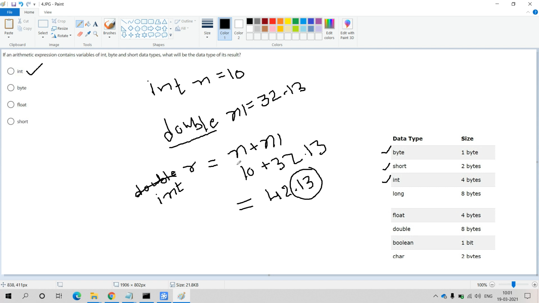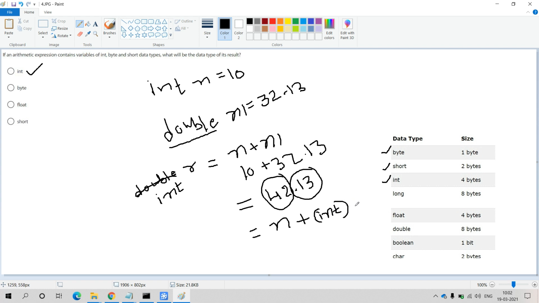If you want to store this arithmetic expression result into the resultant variable r, you can do one important thing. Only if you want to print the integral part of the result, we have that flexibility. How can you do it? With the help of typecasting. Here n is the integer part, there is no problem, but n1 is of type double. We can typecast it, narrowing it, that means we can downcast the data type. Double can be downcast into integer type, there is no problem at all.